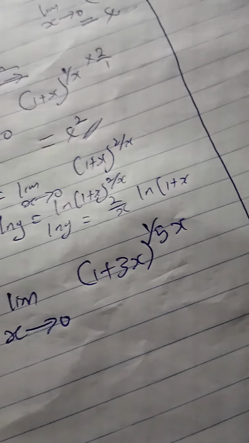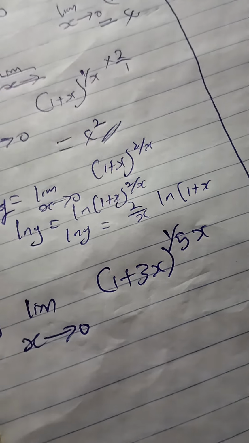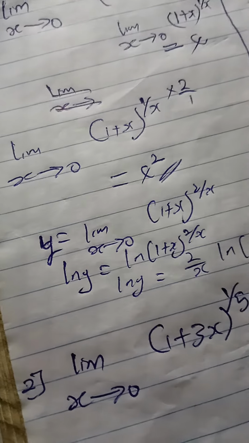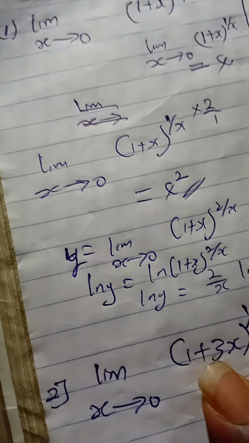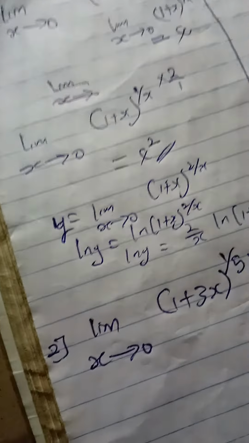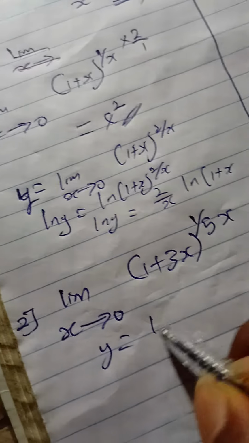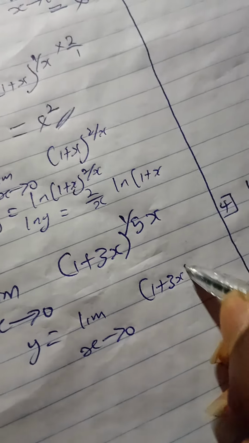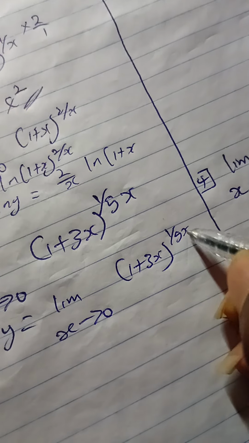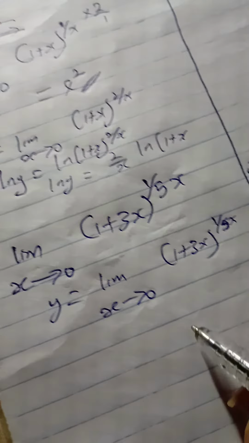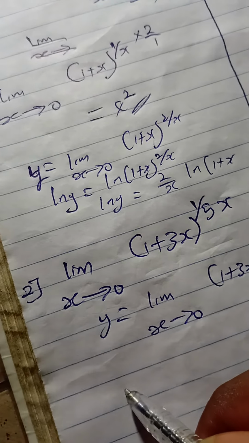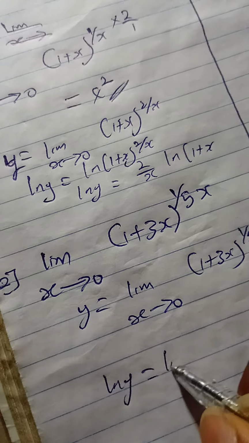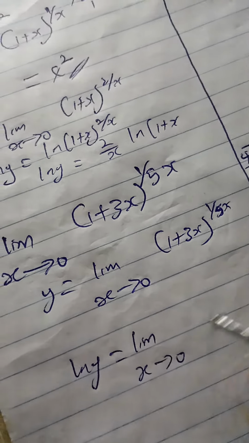So the second one, limit as x tends to 0 of (1 + 3x) raised to the power 1 over 5x. Before I take ln of both sides, I can also use the standard limit here. Yeah, I will still use the standard limit. So let's say y equals limit as x tends to 0 of (1 + 3x) raised to the power 1 over 5x. Is that clear? So I can conclude now that, taking ln of both sides, ln y equals limit as x tends to 0 of